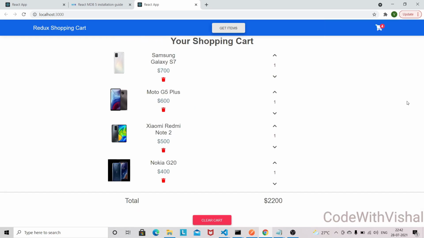So guys, we have implemented this Redux shopping cart, and I hope you have enjoyed this